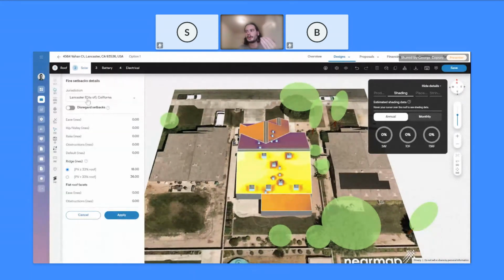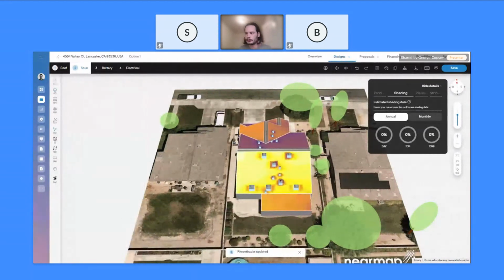So normally you'll get a jurisdiction that's recommended to you. It will either be a city level, county level, or state level. And obviously we'll use the one that's the most geographically specific. And usually, I mean, my account wasn't actually set up this way this morning, unfortunately, but normally those would be